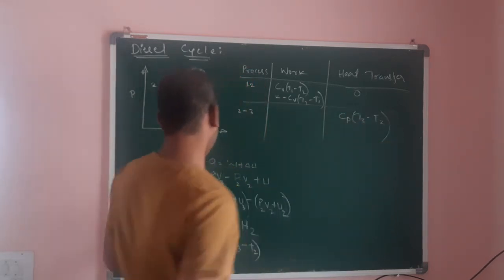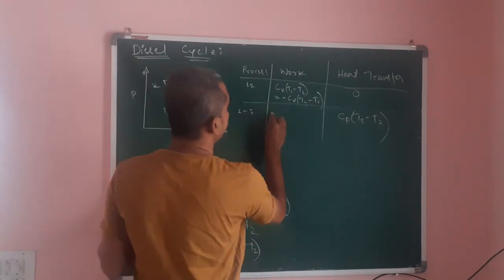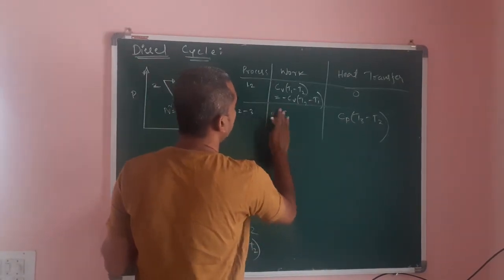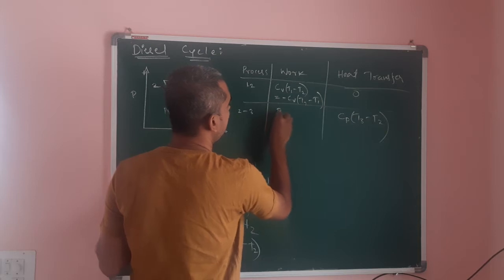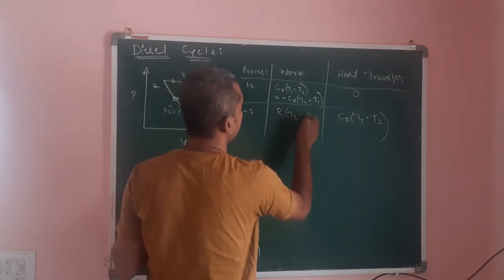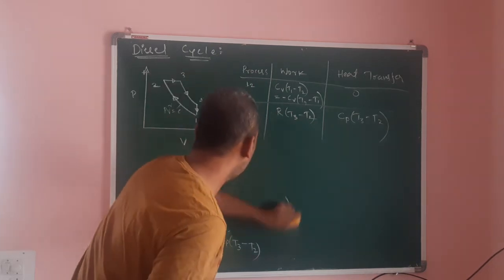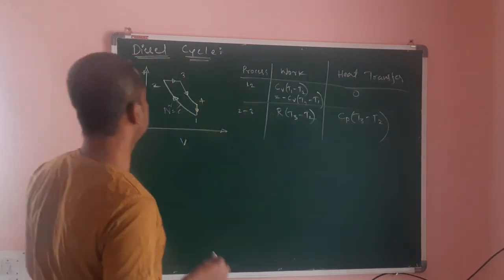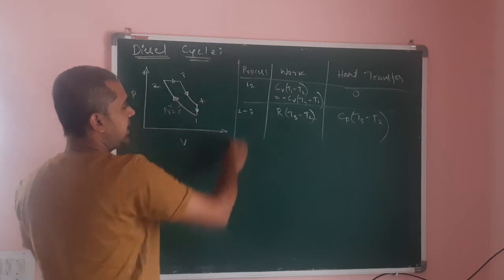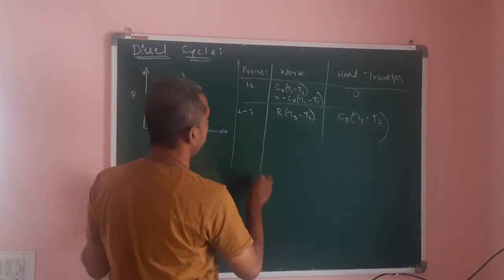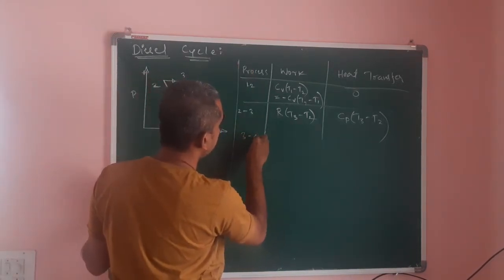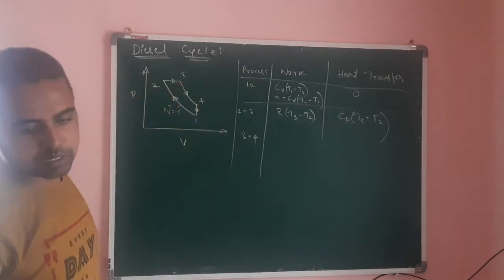This work done is equal to, if it is a specific work done, R into (T3 minus T2). This is the work done during the process 2 to 3. Now we'll calculate the work done during the process 3 to 4. 3 to 4 is isentropic expansion. Work done is equal to,